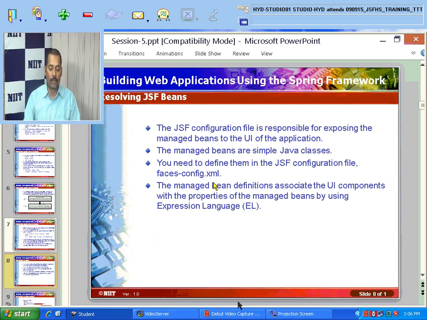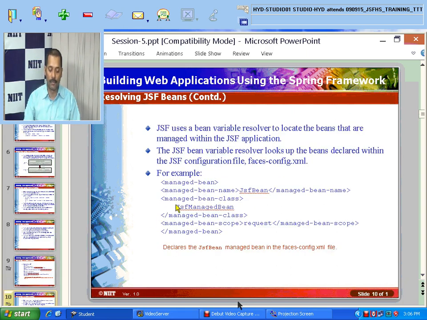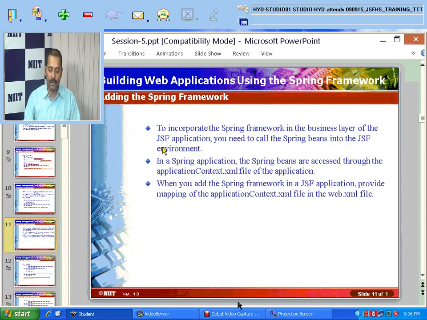This we already know, how they are accessed and how the bean is resolved. And we write either the managed bean class, or if we are not writing it there, we use the annotation and specify that. This we already have. Now, when you are adding the Spring framework to the JSF application, when you are incorporating Spring,